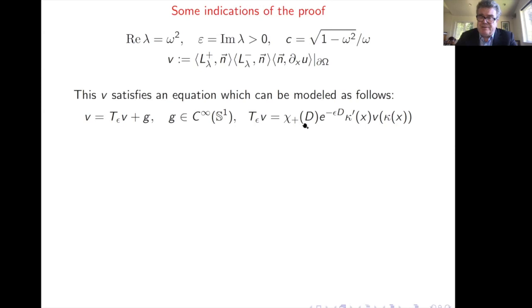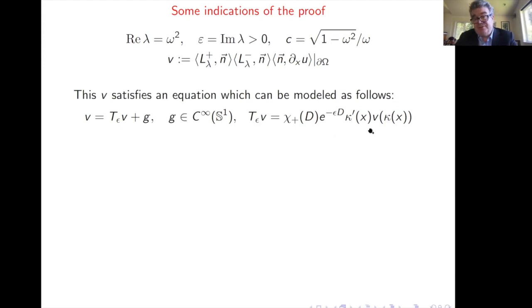So this chi plus is a smooth cutoff for psi positive. So we're in one dimension. And then there is a term which is regularizing, so this term is actually smoothing. In the elliptic boundary value problem, we would just have V equals G. Essentially, this would be smoothing, and V would be smooth if everything is. But the issue is uniformity with epsilon, because that's the limit.